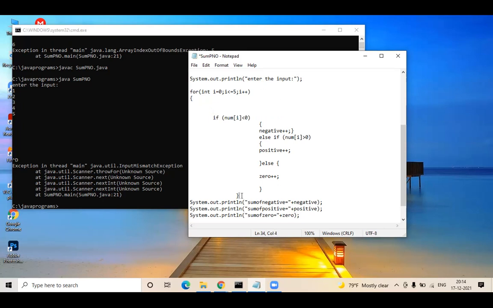I think the issue is with the condition here, i less than or equal to 5. The array size is 5, but the for loop condition... that for loop will not be required now if she takes the scanner value outside. That's also fine. But here the condition, if she changes less than or equal to to less than, then I think it will work fine. In the for loop condition, int i equals 0, i less than or equal to 5, right? So the array size is 5, it can accommodate maximum from 0 to 4 index positions. So that's the issue, I guess. If she changes the condition to i less than 5, I think it will work fine.